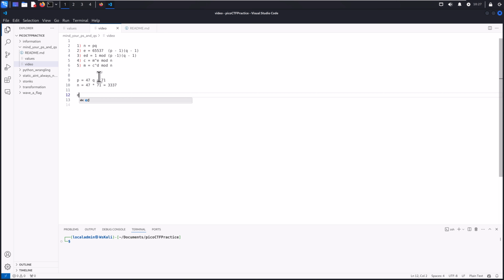All right, so then we have to choose E. So I guess this is step 1, and then we have to pick an E. Remember, E has to be relatively prime to P minus 1 times Q minus 1. So P minus 1 is 46, times Q minus 1, which is 70, which equals